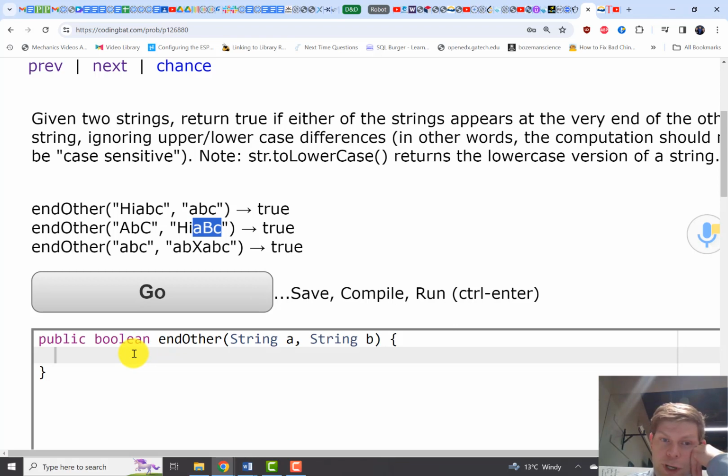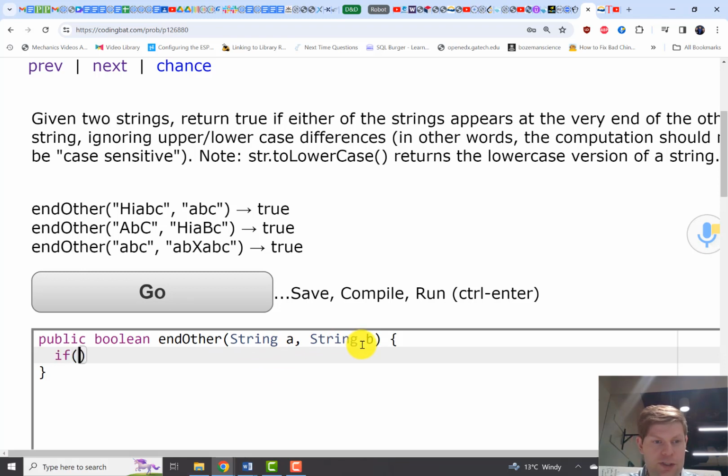We don't even need a for loop, but it is very useful if we know which is the big word and which one's the small word. Which one's the longer string and which one's the shorter string, because it's no problem to check that the last 3 letters of the long word equal the short word, but if I try to say that the last 5 letters of a 3-letter word equal this thing, it'll break. So I need to know which one is bigger. I'm just going to start assuming A is the longer word and B is the shorter word,